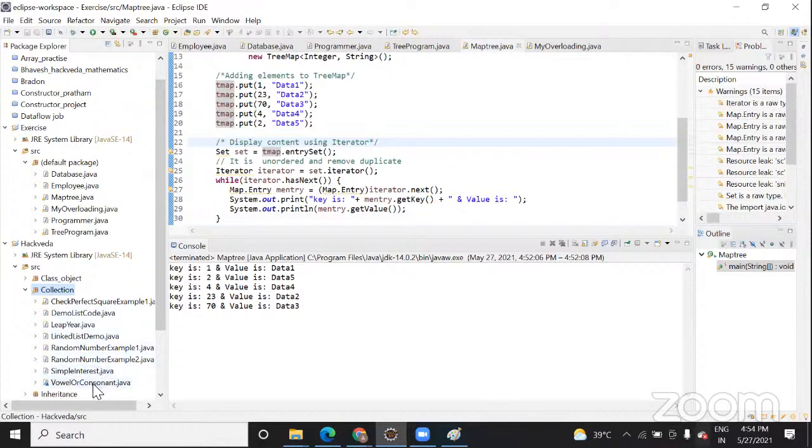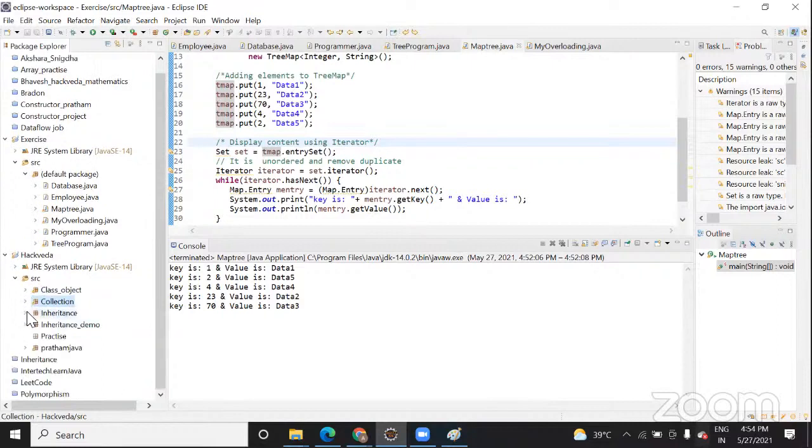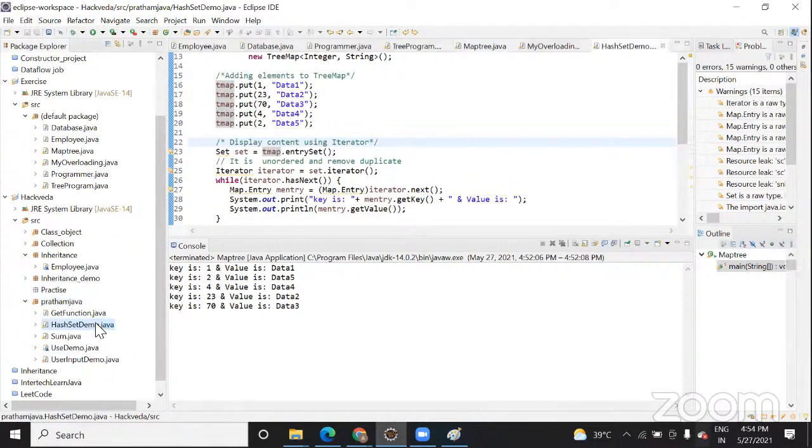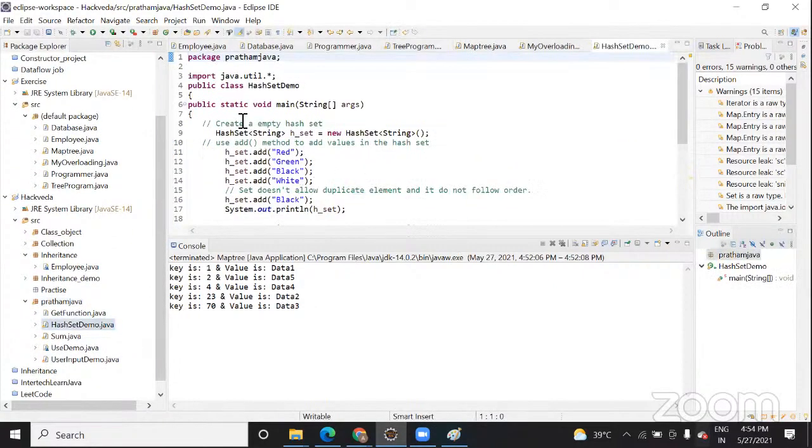I think it won't be in this one because that is a set.